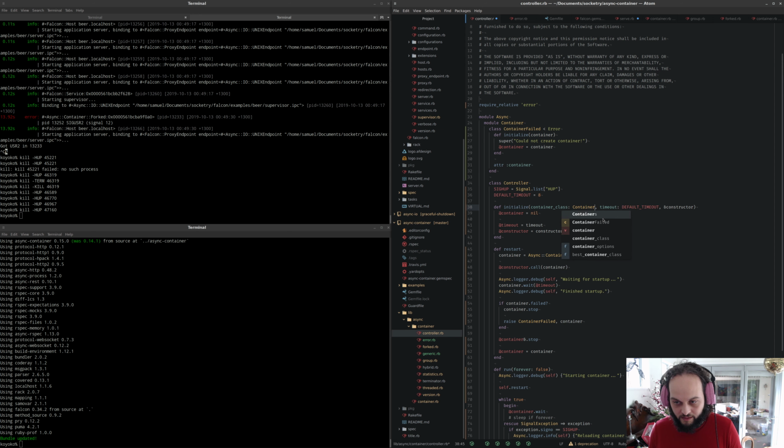Container class. And then in here we want to use